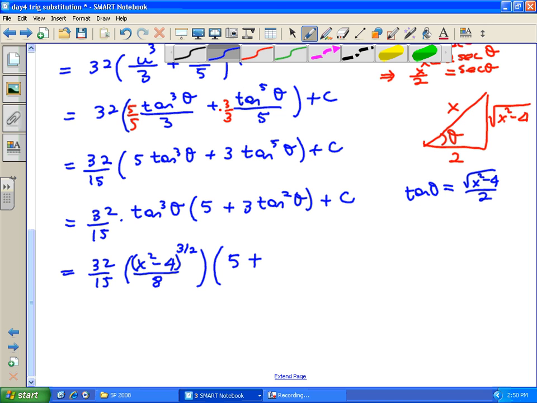Times 5 plus 3 tangent square, and squaring the tangent theta, we will have x squared minus 4 divided by 4. So once again, I will get common denominators. Just multiply the top and bottom by 4 over 4. And simplifying it,